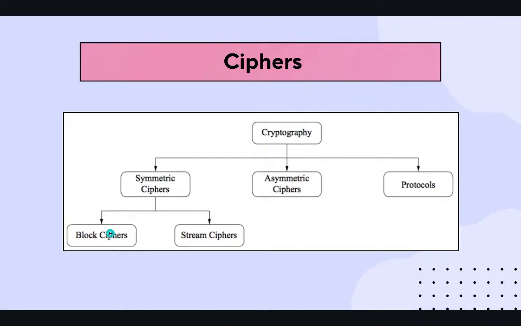When it comes to symmetric ciphers, we have two types: block ciphers and stream ciphers. The difference is that in block ciphers, whatever data you have to encrypt, the message, you divide it into chunks or blocks, and you work with each block individually. Each block gets encrypted individually into the ciphertext. Stream ciphers, on the other hand, have no restriction on the data size.